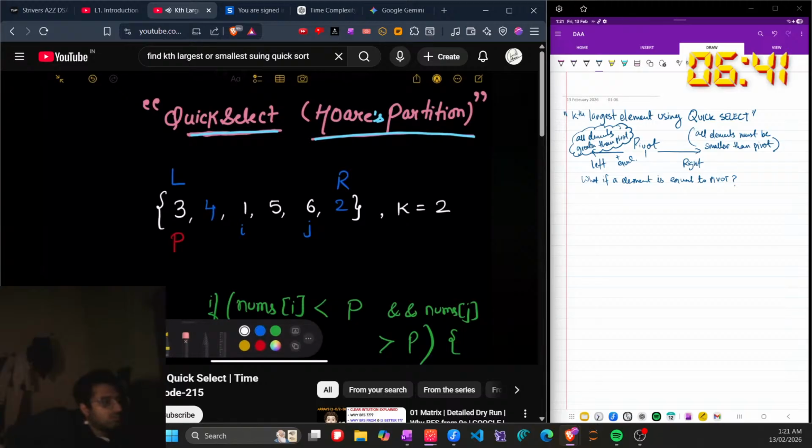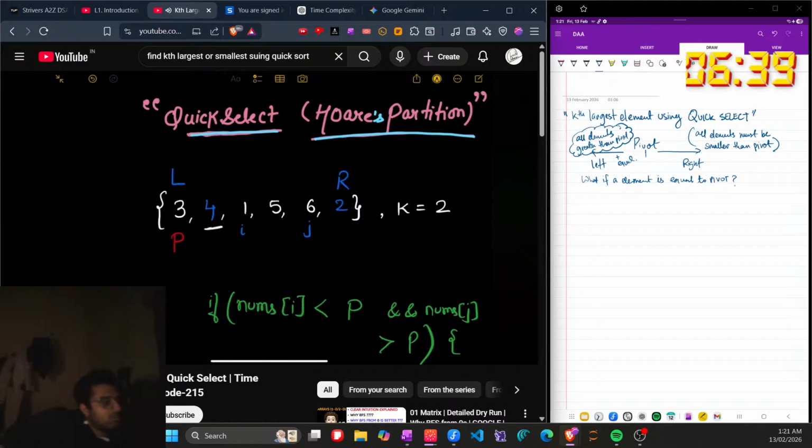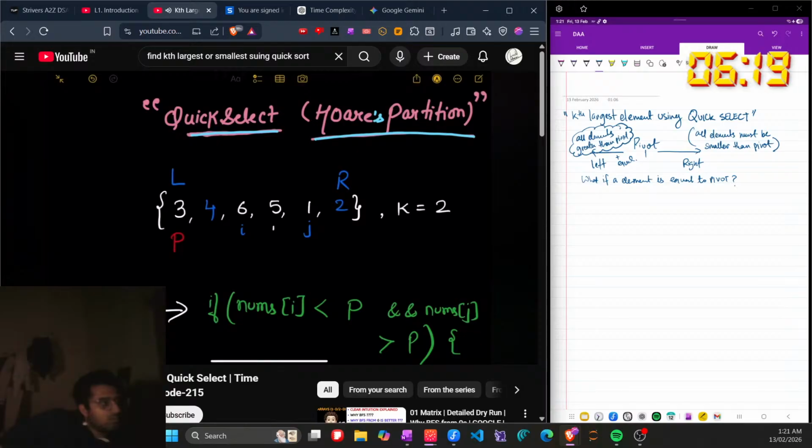अब धीरे धीरे आपको दिख रहा होगा कि जो बड़े एलिमेंट है वो लेफ्ट साइड आते जा रहे हैं और छोटे एलिमेंट राइट साइड आते जा रहे हैं। यही मेरा गोल है, मुझे यही तो करना है। अब फिर से देखते हैं, nums of i क्या है, 1 है, nums of j क्या है, 6 है, पिवट मेरा 3 है। देखो पहला कंडीशन फिर से ट्रू हो गया। इस केस में क्या करते थे, i और j एलिमेंट को स्वैप मारते थे, तो ये हो जाएगा 6, ये हो जाएगा 1। सिंस इन दोनों का काम हो गया तो i यहाँ और j यहाँ, ठीक है। तो वो याद रखना i लेफ्ट साइड से स्टार्ट हुआ था ना, ठीक है, और j राइट साइड से स्टार्ट हुआ था। अभी देखो i और j दोनों एक जगह आ गए हैं।